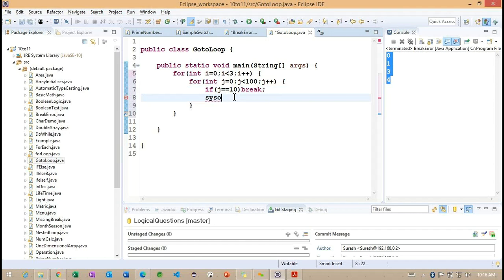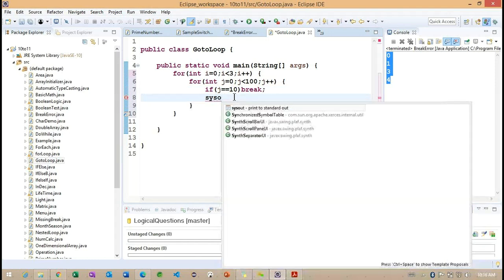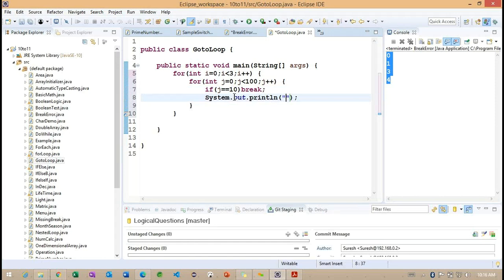If the condition is not satisfied, I will print the j value. The i value will remain the same because the i value is not going to increase here. So basically we are working with the condition j equals 10.